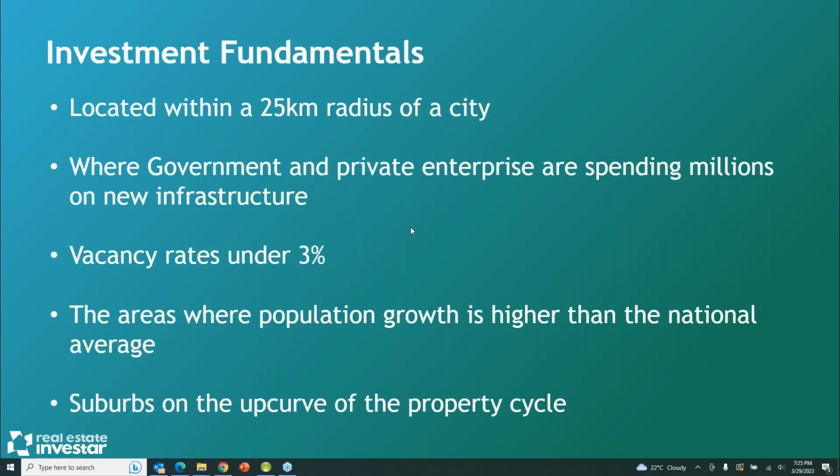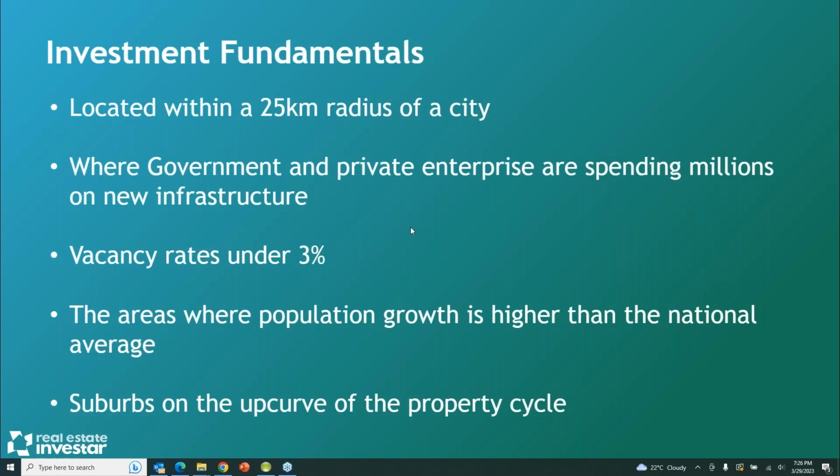I know when those mining towns are booming, the yields are very attractive. But I've seen the other side of it, when those areas are relying on one industry and that industry has turned, there's no confidence, there's no people to rent your home, and the rents can drop significantly, as well as your home value. So again, if it's your first purchase and you're a very low risk type investor, definitely those areas of growth